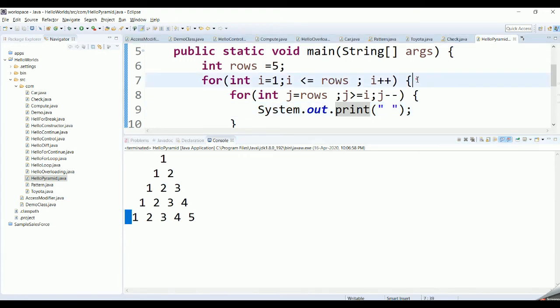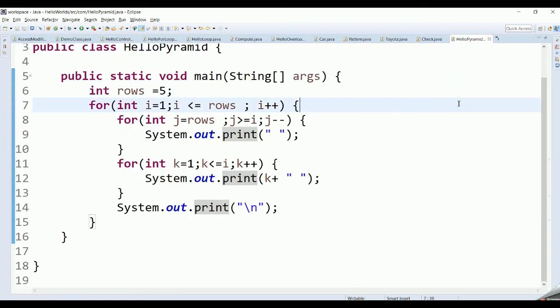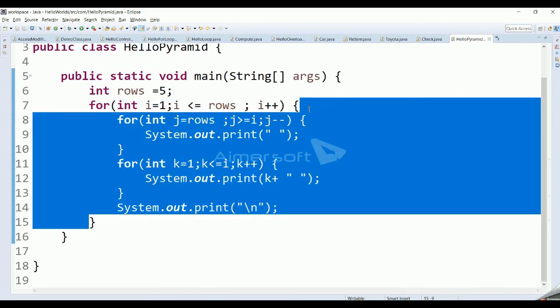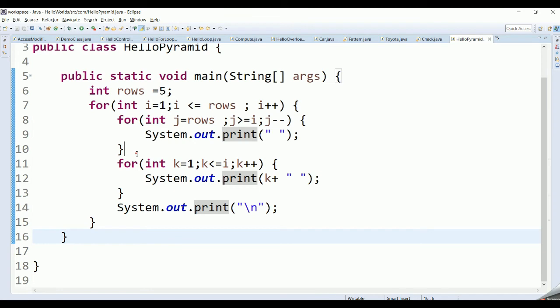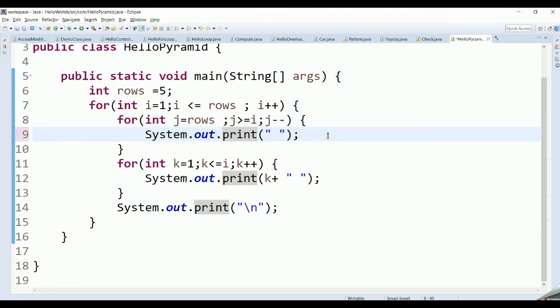So first we use this outer for loop. Let me explain this program once again to you. We can split this program into 3 parts. The first for loop, the outer for loop, is for the number of iterations, that is based on the number of rows. The second for loop is for giving the number of spaces.